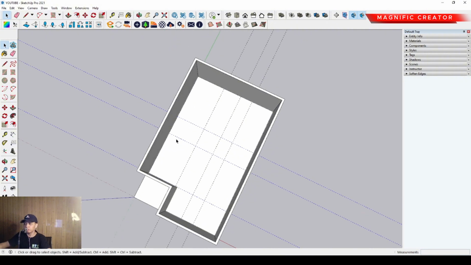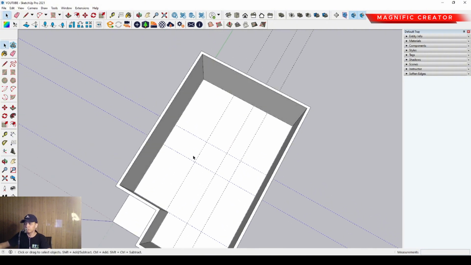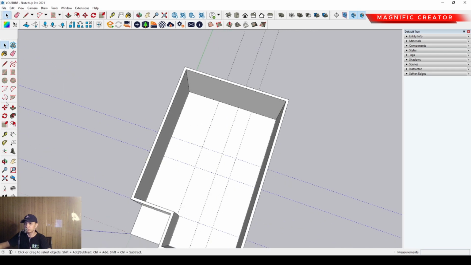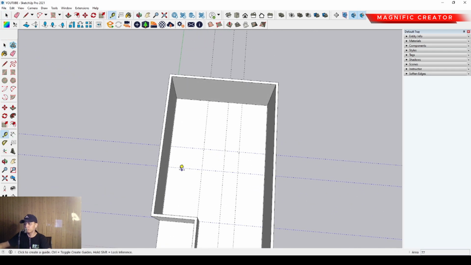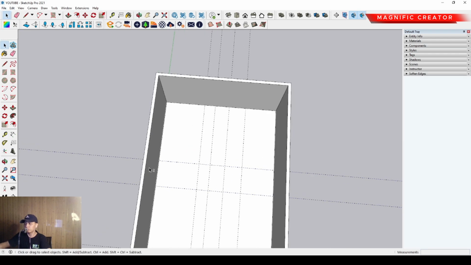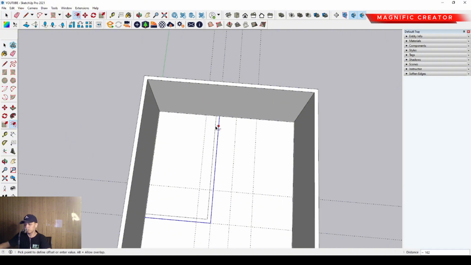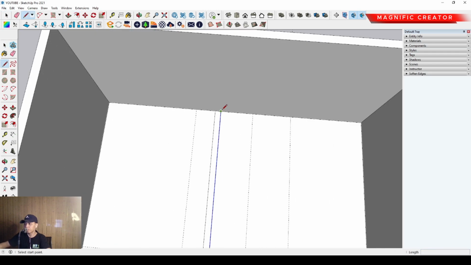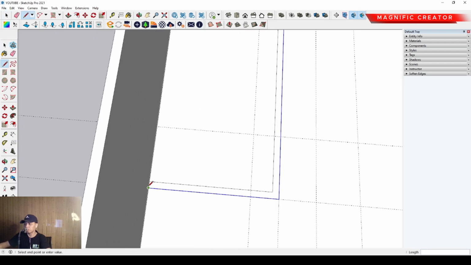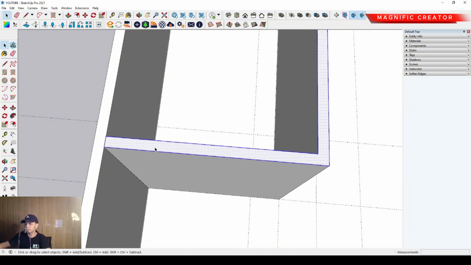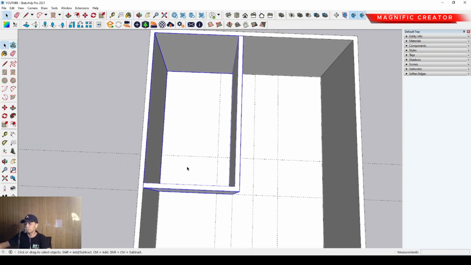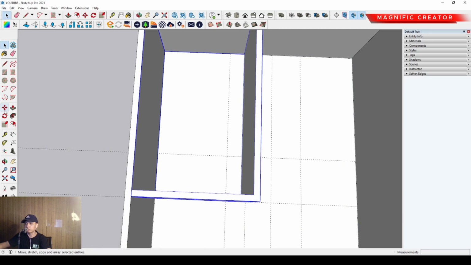So after that we can make the wall. We have to make a 3 meter wall here. Then we can make the line over there. So then we have to offset it inside around 150 millimeter. We can complete this uncompleted line over there and push it up. Then we can make a group, and we can make another guideline